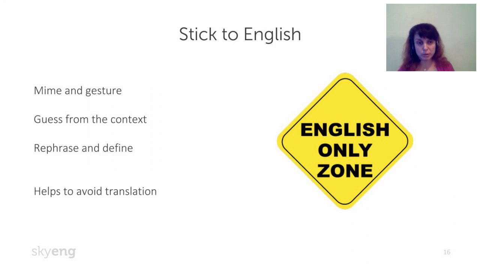Let them guess from the context. Maybe give some clues. Like, for example, imagine your students don't know the verb to book, and you can hint. It's like booking.com. Everyone knows this resource. Rather than translate, you can rephrase, define, and teach your students how to do it. It helps a lot in real life. And if we use all these principles, it helps us avoid translation. Any questions about how to stick to English, how not to switch to Russian?